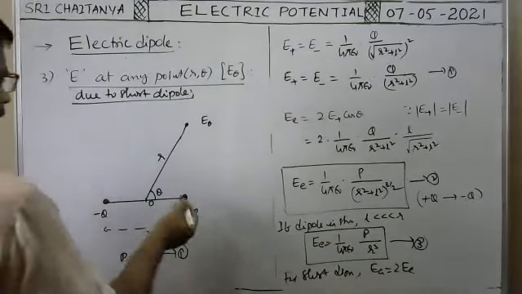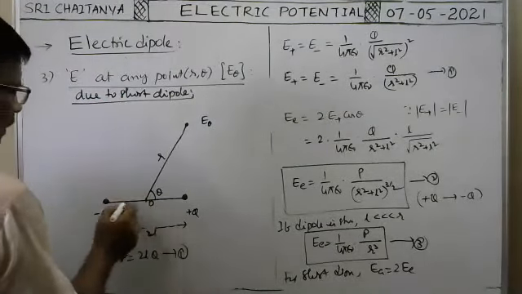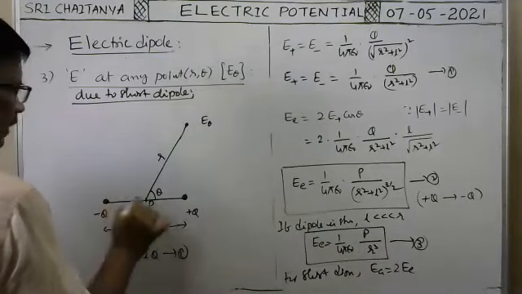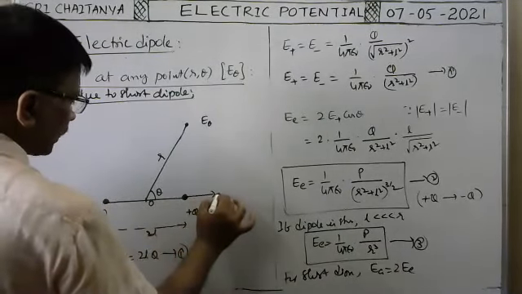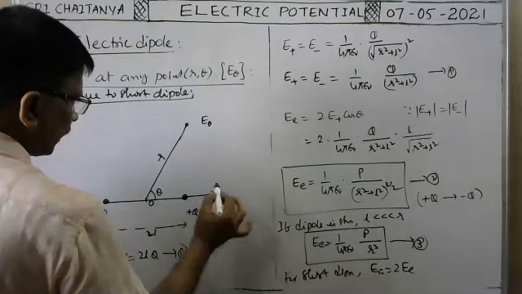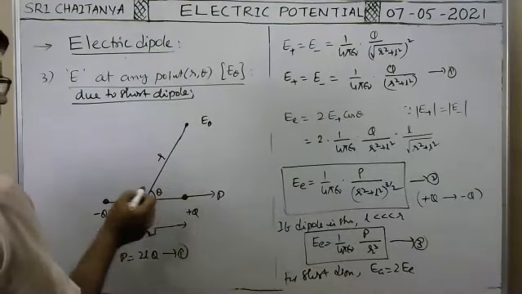Okay, it is the short dipole. So now resolve this. Here the dipole moment of this dipole is along from minus p to plus p, no? So that is p in this direction.